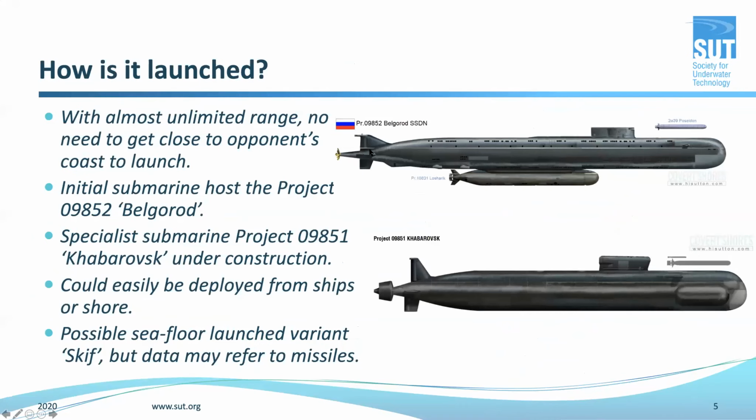There we go. So how is it launched? With almost unlimited range, there's no need to get close to the opponent's coastline to launch the system in the first place. You could launch it from within Russian territorial waters. The initial submarine host is the Project 09852 Belgorod, which is